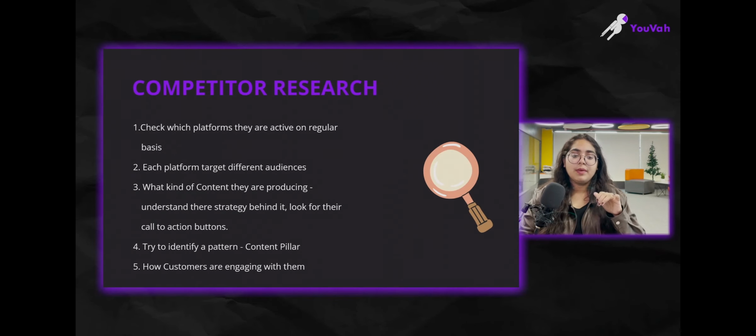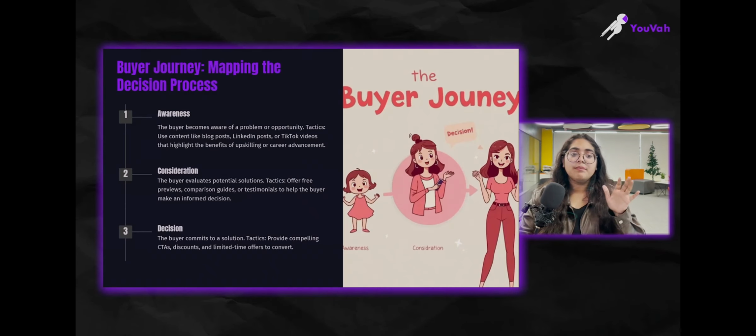Then let's move ahead with another part. I think this has already been covered. Let's move to the buyer's journey. Right, so there are usually 3 stages when we think of the buyer. First one is awareness, second is consideration, and third one is decision, right? When I talk about awareness, the buyer is aware of the problem or the opportunity. In the awareness stage, buyers know that this is a problem they're facing, this is a dilemma they're facing, and they also know that this is an opportunity they have right now, right?